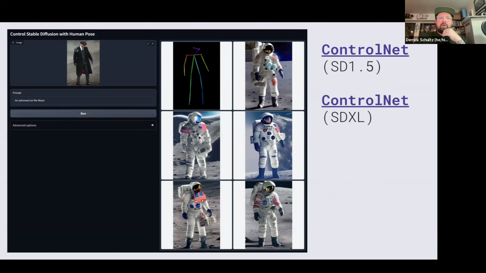So in this case, if we were to try to do this with image to image, you wouldn't be able to recreate a spacesuit, right? It would just be black. The colors would stay there, and the further you denoise it, the more the hands are going to get distorted, that sort of thing. So the cool thing about something like this, and this is just one of many models,